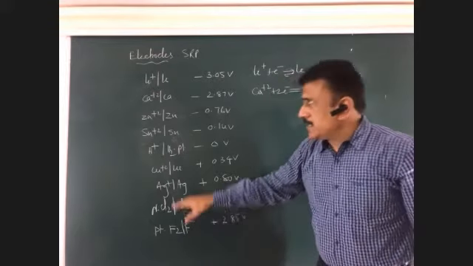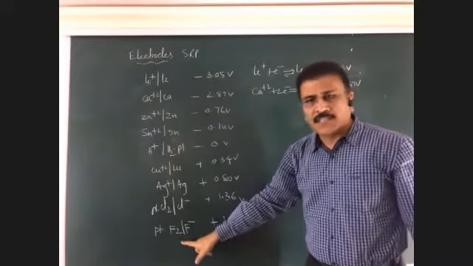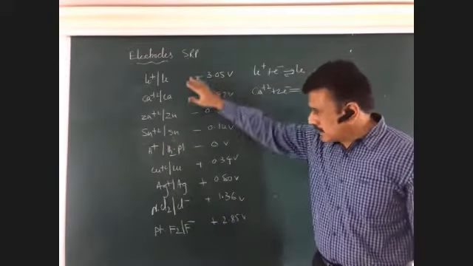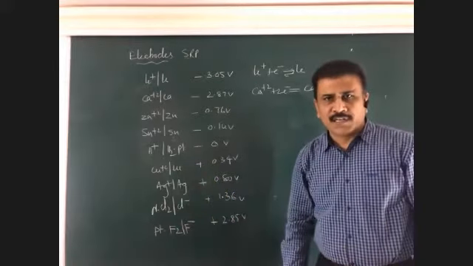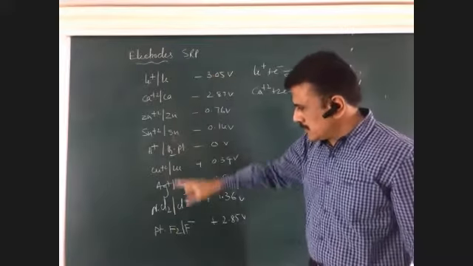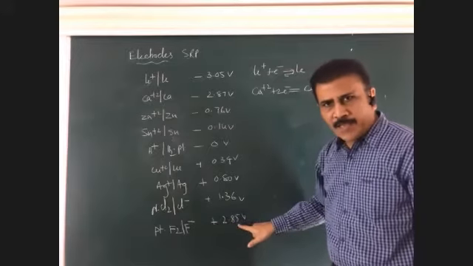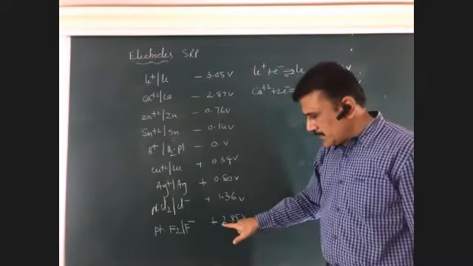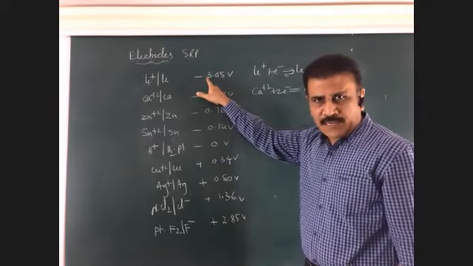Fluorine. In the entire list, lithium is at the top and fluorine is at the bottom. In such a way, I have written this. But in the textbook, it is given in 180 degrees, that is in a reverse manner. Fluorine is written at the top, that is, lithium is written at the bottom. So fluorine has highest SRP because positive. Lithium has the lowest SRP value because of negative.